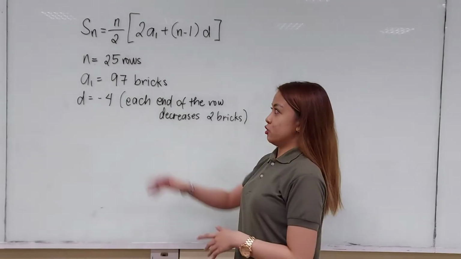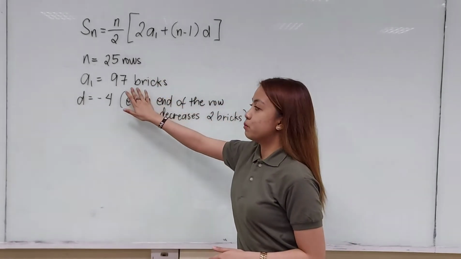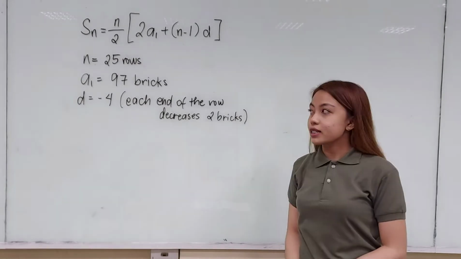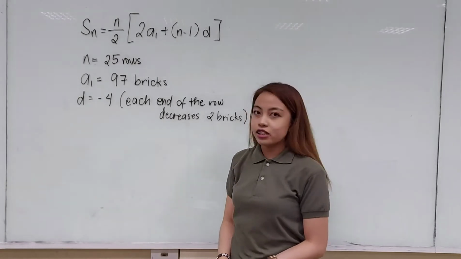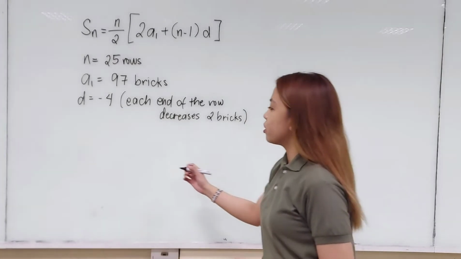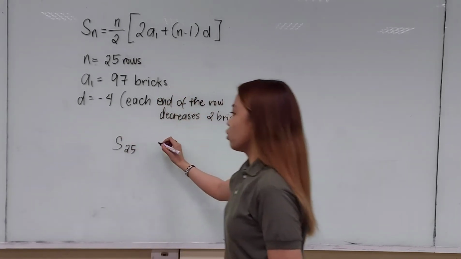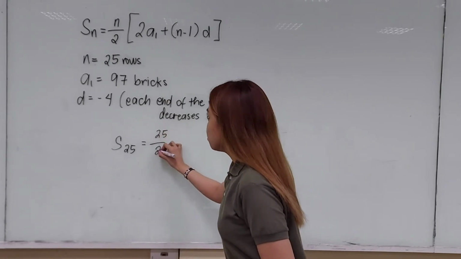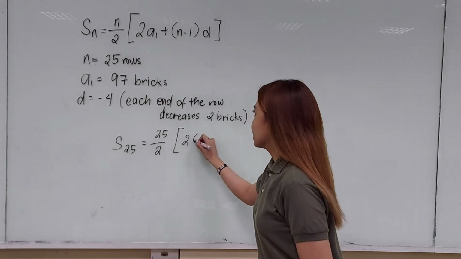The structure has 25 rows. The first row has 97 bricks. And since each end of the row decreases by 2 bricks, our common difference is -4. So now we will substitute it to the formula. S sub 25 is equal to 25 over 2 multiplied by the quantity of 2 times 97